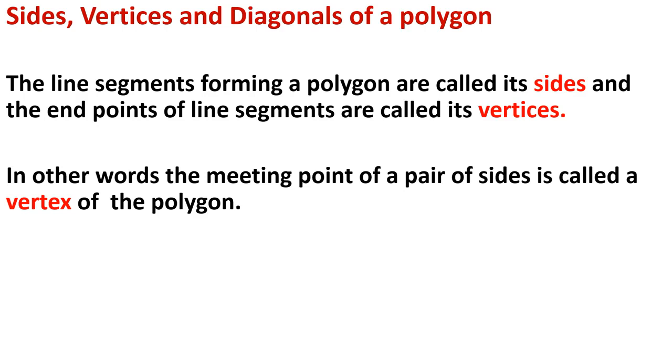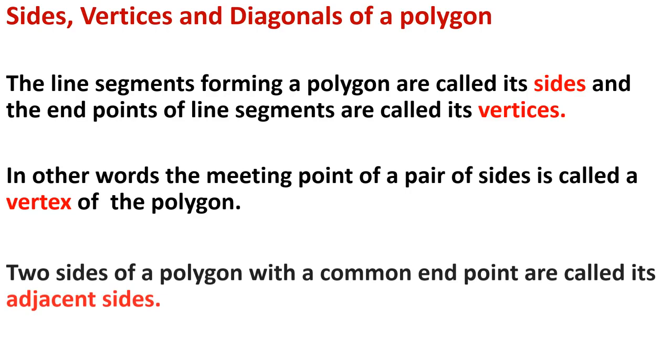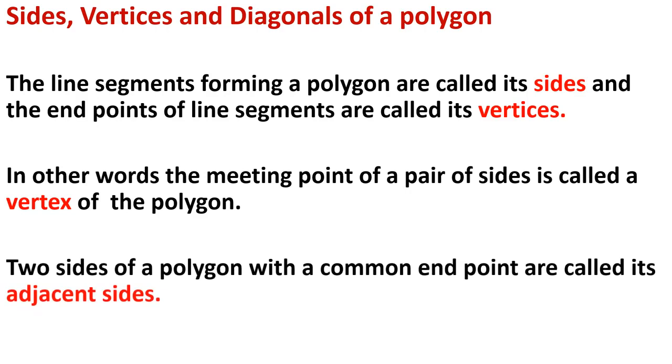Now see the sixth figure. The sixth figure is not made of only line segments. One curve is there, one semicircle is there. So we want a simple closed curve made up entirely of line segments. So this is also not a polygon. So 1, 2, 3 and 4, these 4 figures are polygons, and the fifth and sixth figures are not polygons.